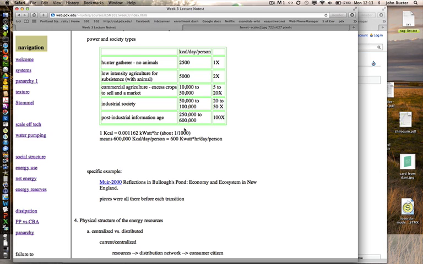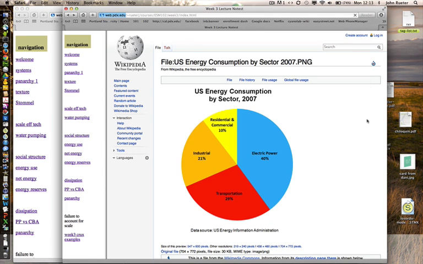So we're going to look at where does this energy go, and what are the sources. And we're going to do that by looking at some charts that are also in your reading in the Wikipedia pages. And I'm going to look at a few of these charts and then compare them. And this is something that you should be prepared to do. So first of all,